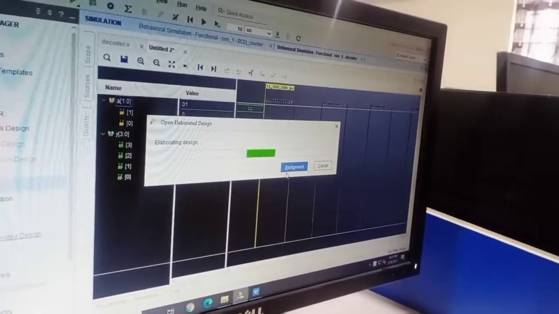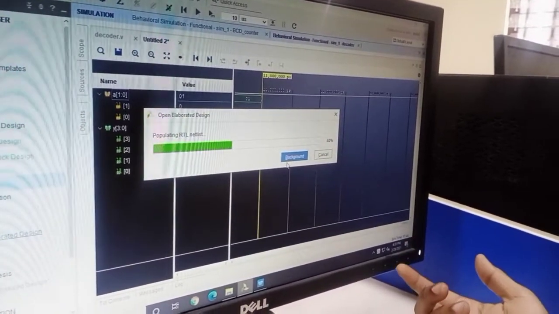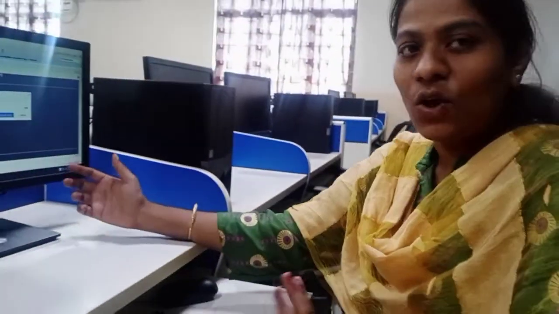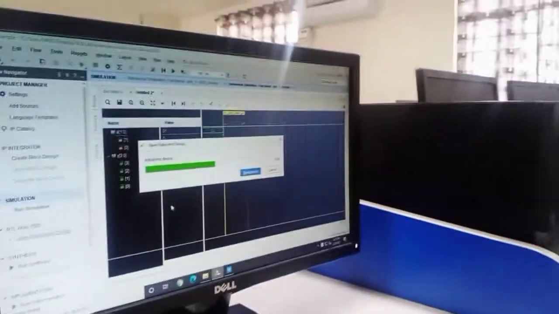Now the next part is RTL analysis. In the last video itself, we have seen what RTL is. RTL stands for register transfer logic, which will convert my code into equivalent hardware. So it will give an idea about what different hardware is being utilized with respect to our coding. Now let us see the equivalent hardware in this.